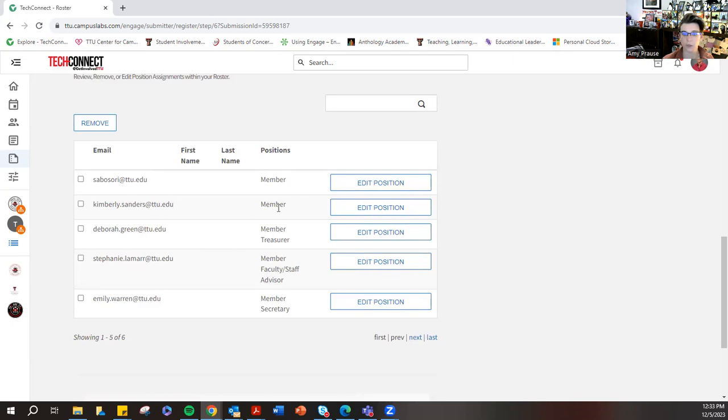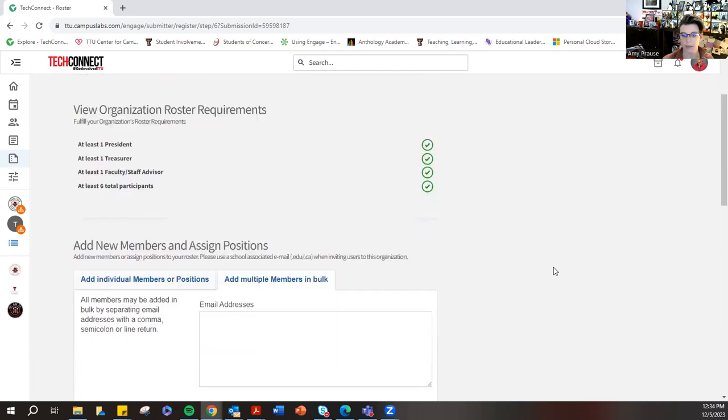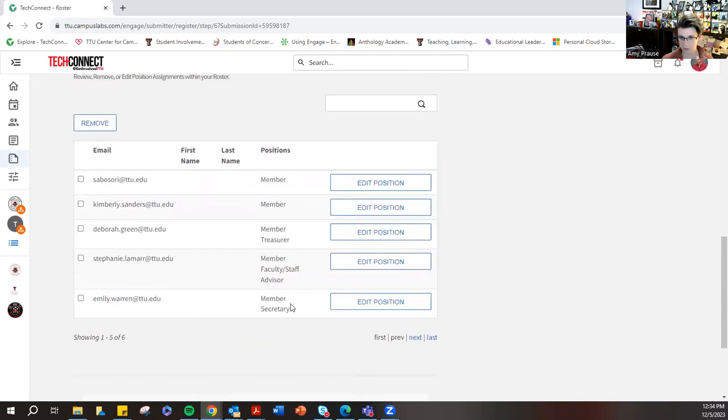Okay. Those 2 are going to be members. All right. Now we scroll 1, 2, 3, 4, 5, 6. Now we scroll back up and we see all of our roster requirements have been met. These are the correct positions for my officers, and our folks who are labeled members are also labeled as members. And we're going to click